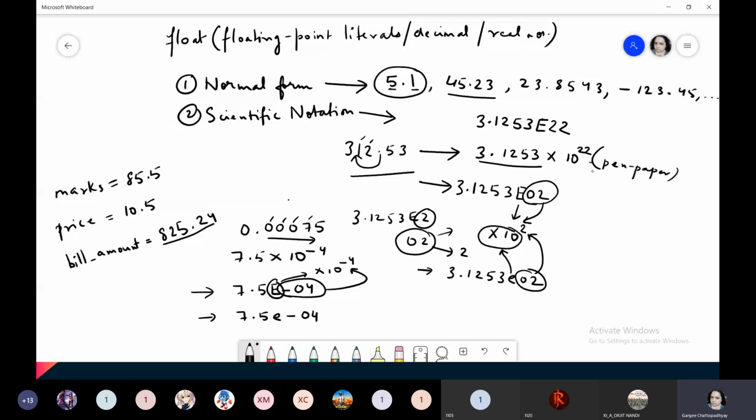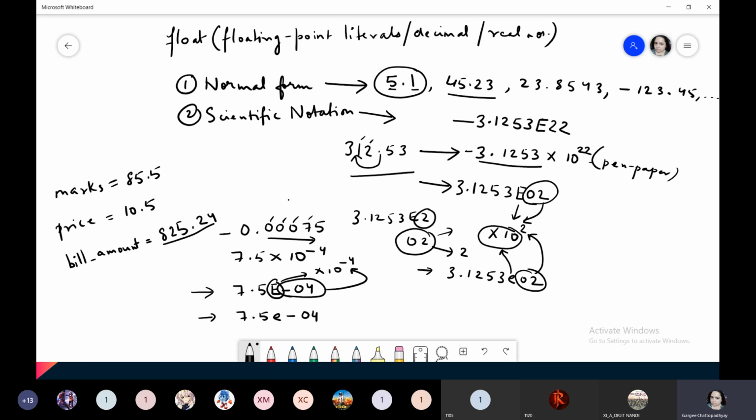You can write it as raised to the power 2 also. You can write it as 02 also. That's up to you. Both cases will be correct. And in the same way, these can be negative also if it is a negative number, so a minus goes over here.